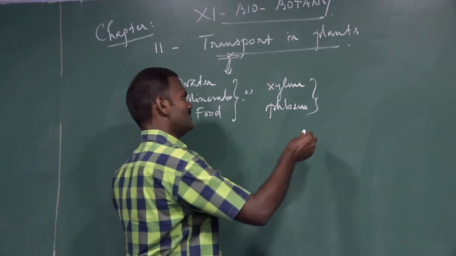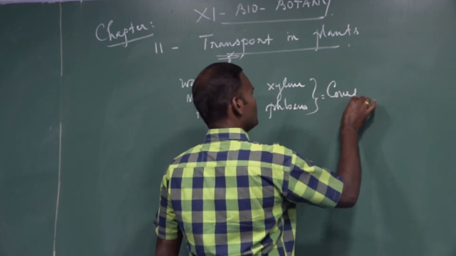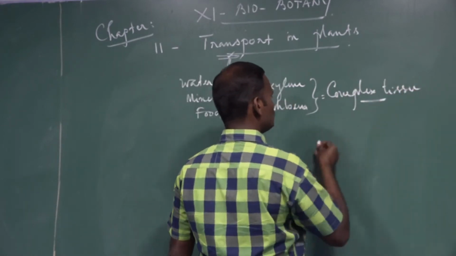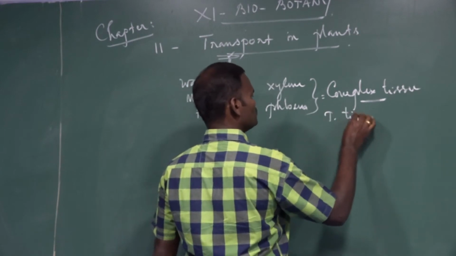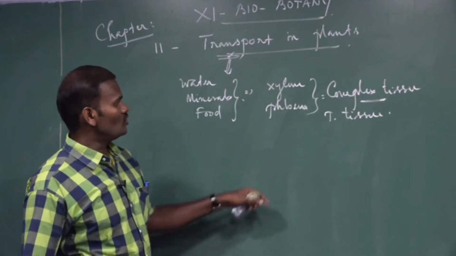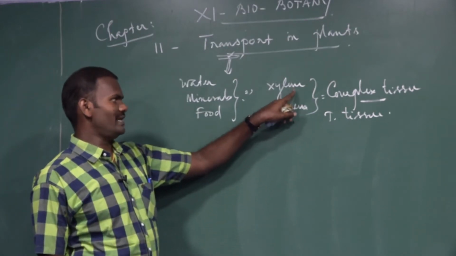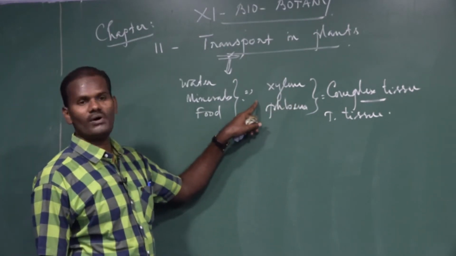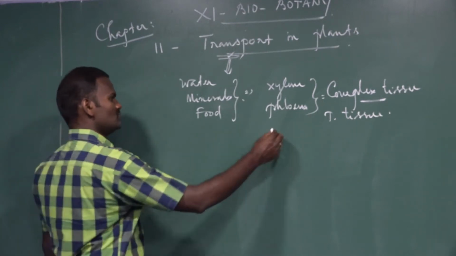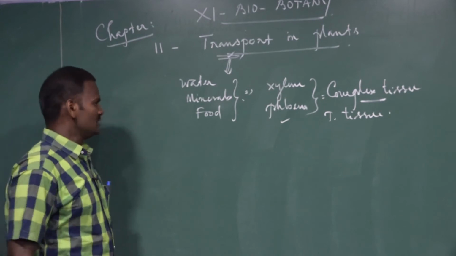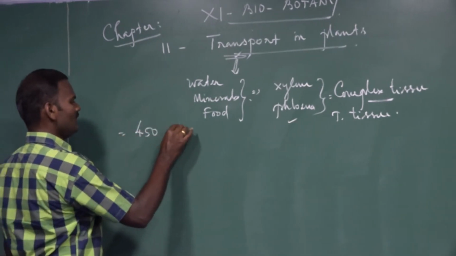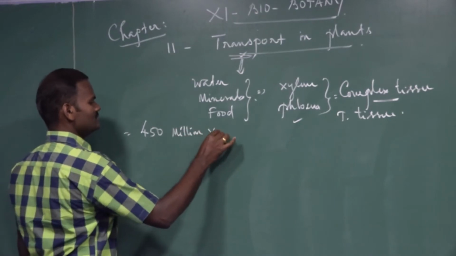Xylem and phloem are nothing but complex tissues, also called transporting tissues or vascular tissues. So the complex tissues such as xylem and phloem play an important role. How do they play an important role in this transport, and how did they evolve? Since 450 million years ago,